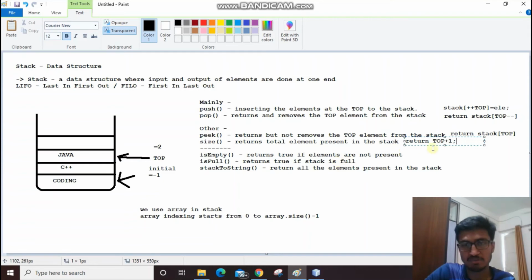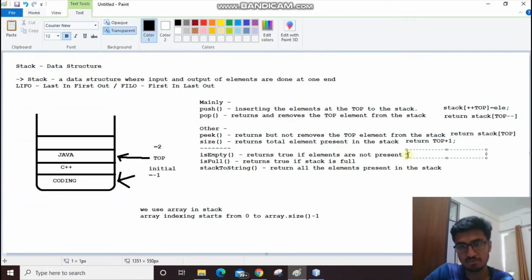Apart from this is empty. If initially the top is -1, and if it is -1 or below 0, that means there are no elements present. If elements are present, then the top will not be -1.